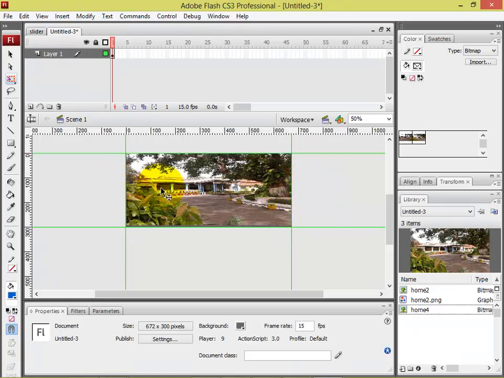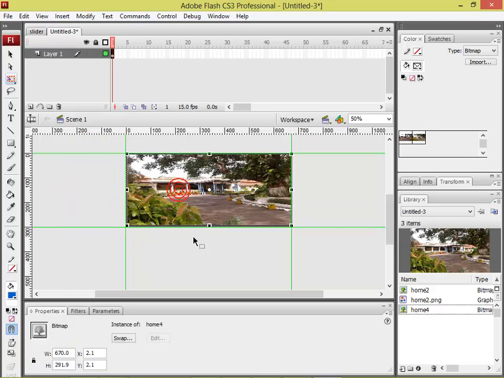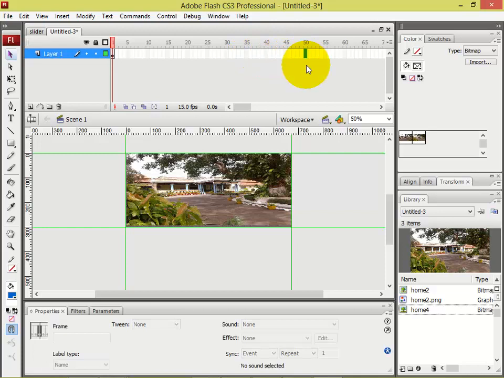Now you can see the picture has not gone to the left corner. So this is your setup. Now you can select your normal tools, that is the selection tool. Now we want this to go up to however many frames you want, like 50. I can create 50,